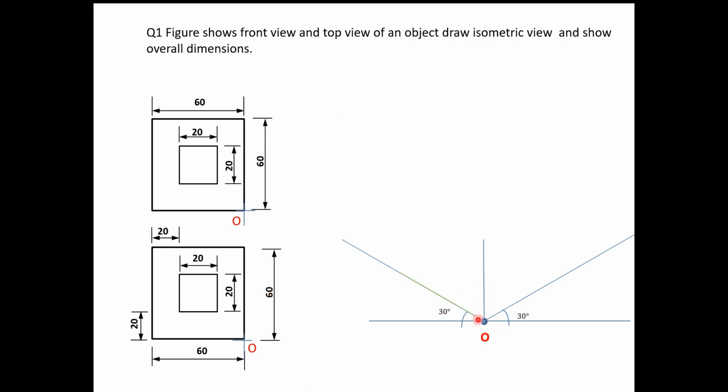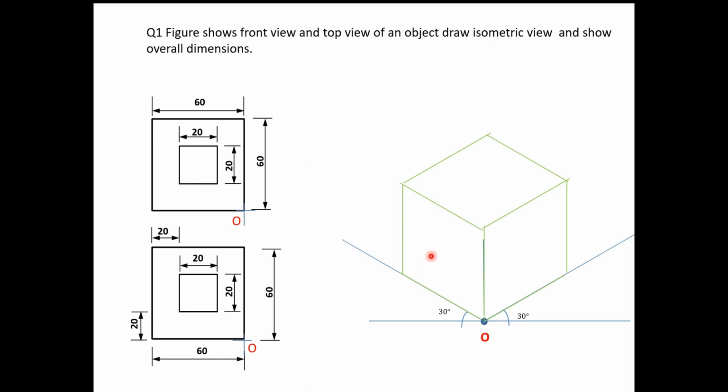So I will mark the isometric line on the origin left side. On the origin left side length is there, so I will mark 60 here. I will mark 60 height and I will mark 60 width on the right side. Then prepare this isometric box. Draw this isometric plane. So this left isometric plane is completed. Right isometric plane also completed, 60 by 60, and this is also top isometric plane. These edges are parallel to each other. These are isometric lines. They are parallel to isometric axis.